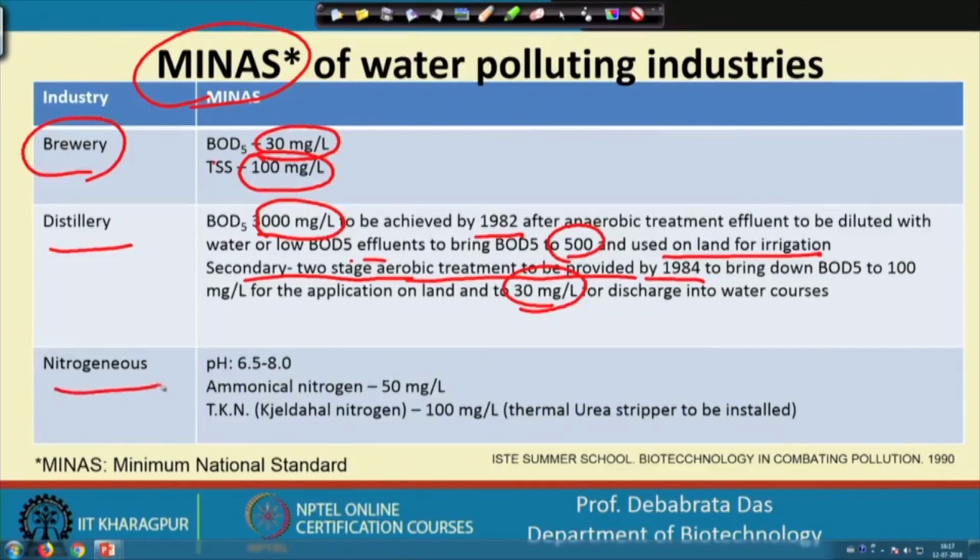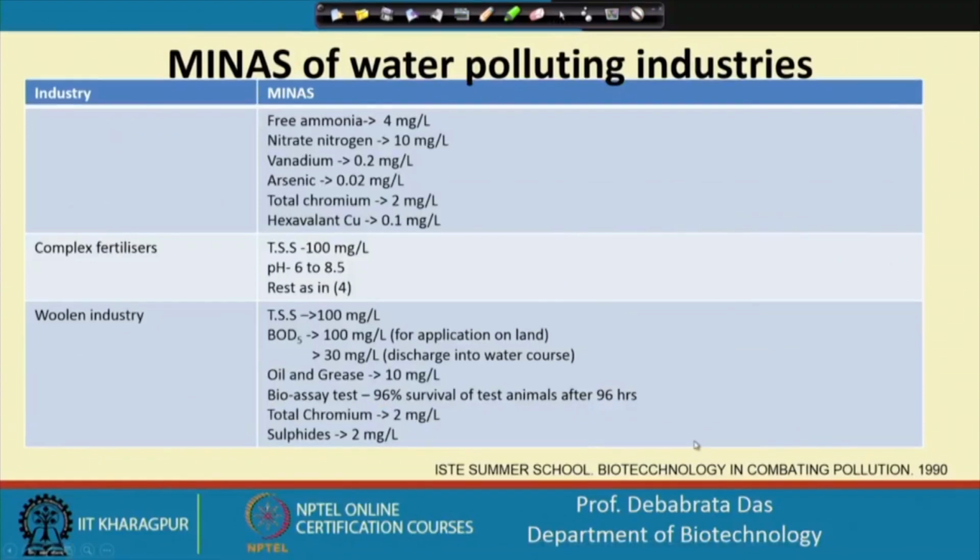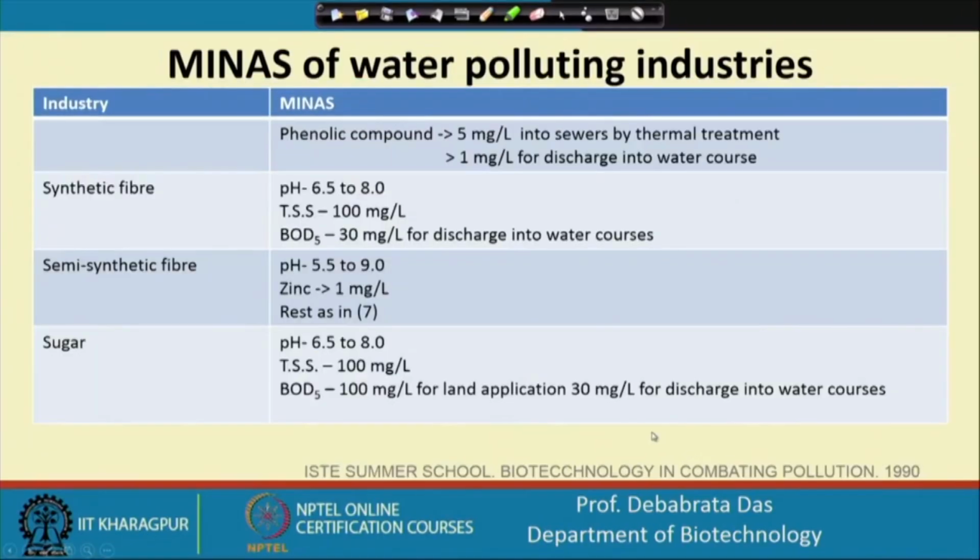The nitrogenous material, this is particularly applicable to the fertilizer industry, that pH should be 6.5 to 8, ammoniacal nitrogen should be 50 gram per liter, and Kjeldahl nitrogen is 100 milligram per liter. Now, we have complex fertilizer, woolen industry, then synthetic fiber, semi-synthetic fiber, and sugar industry. So, different